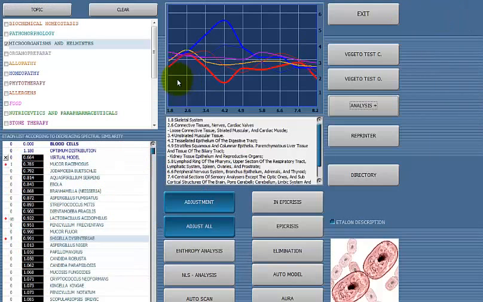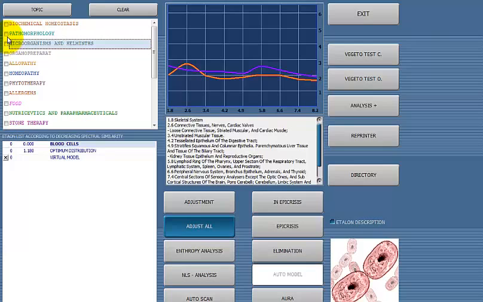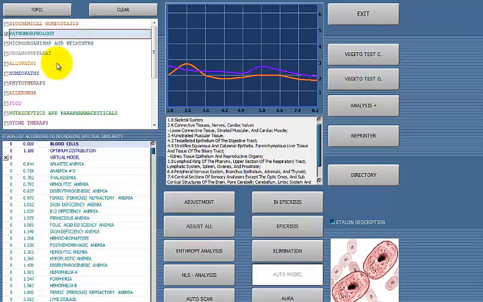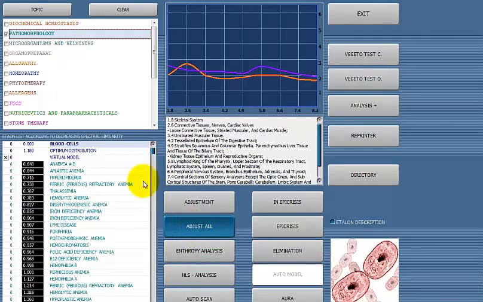So let's exit, and now I'm going to go from microorganisms to pathomorphology. And if you see that it's black, just go ahead and undo it, because you always want to start fresh. So again, the first step is to look at the coefficients. We're looking for anything below 1.2. And these at the top are already below 1.2. So that tells us that there is a problem somewhere with these. The second step is adjust all. And the third step